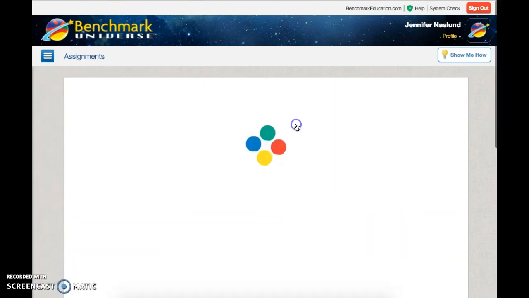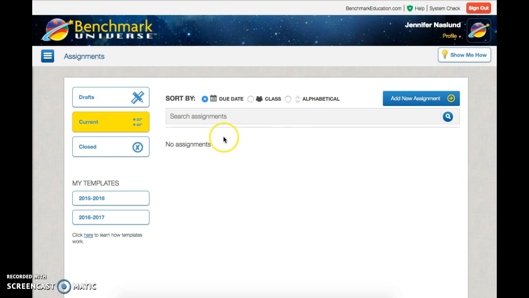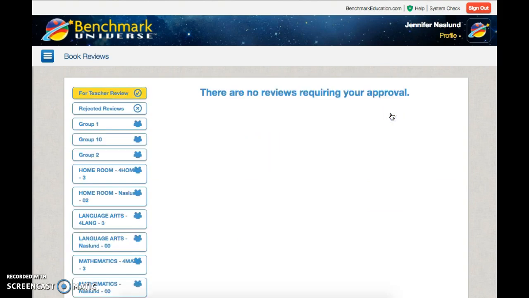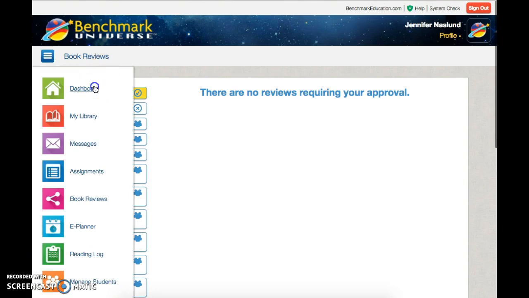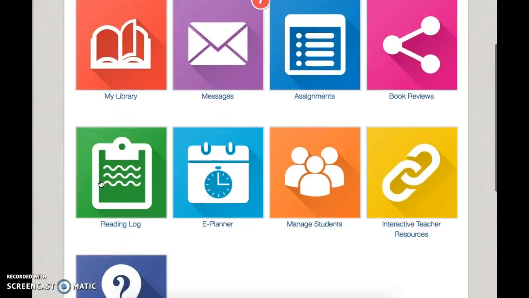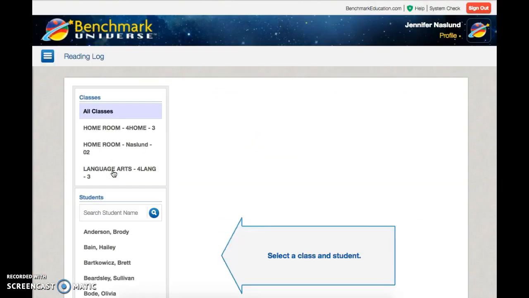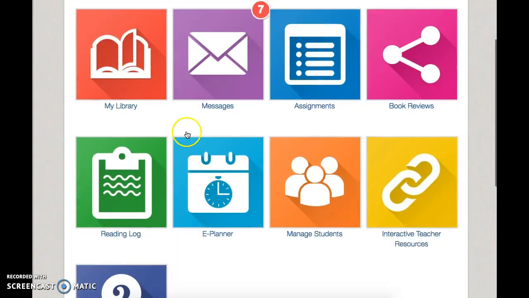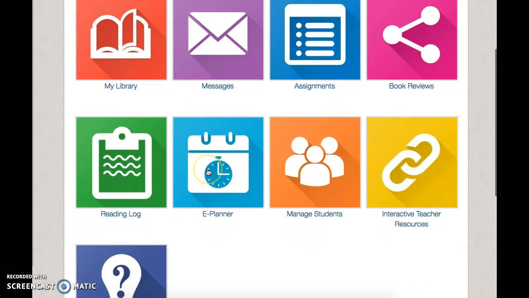We also have assignments. This would be another place you can assign assignments or view old assignments. There's multiple different places that you can add assignments, but this is one of them. Book review. Kids can put in book reviews, or you can put in book reviews, and you can approve them so they can go out to everybody who's using Benchmark. Reading log. Kids can submit their reading log and see how much they're reading while they're on Benchmark. E-planner, you can use this to plan your